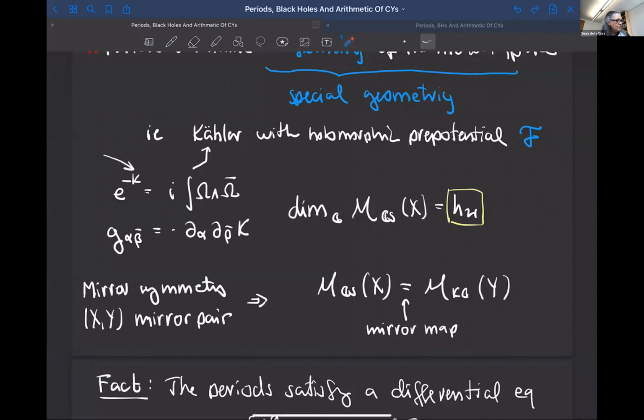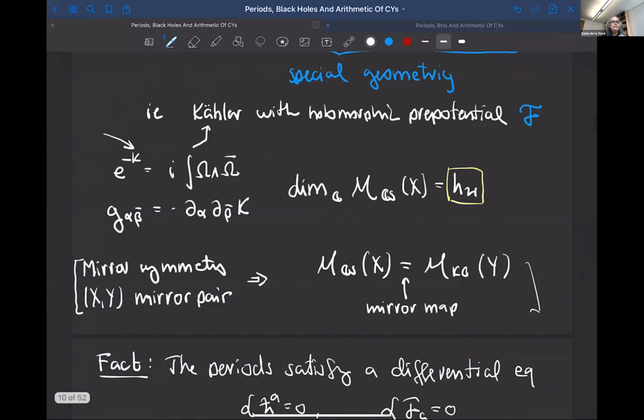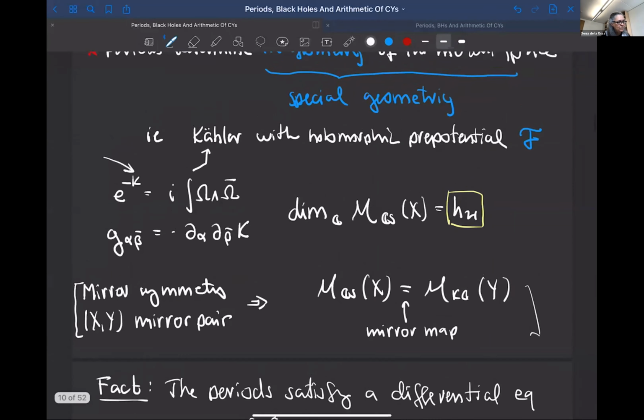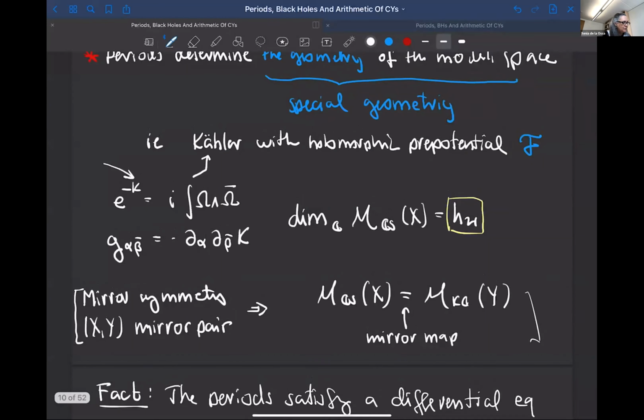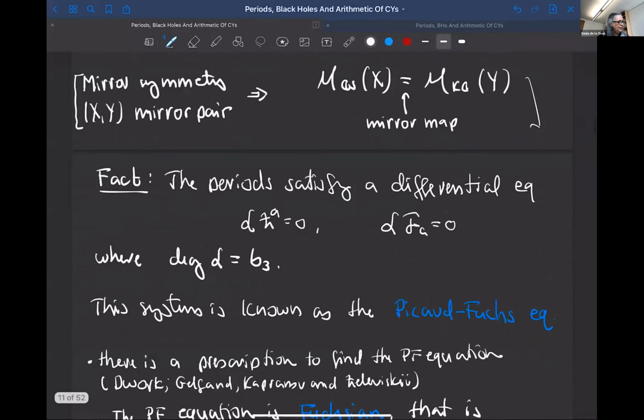So this is just in parentheses for us today. So, okay, I've just said that the periods of the holomorphic (3,0) form can be taken to be homogeneous coordinates on the moduli space of the complex structure. But